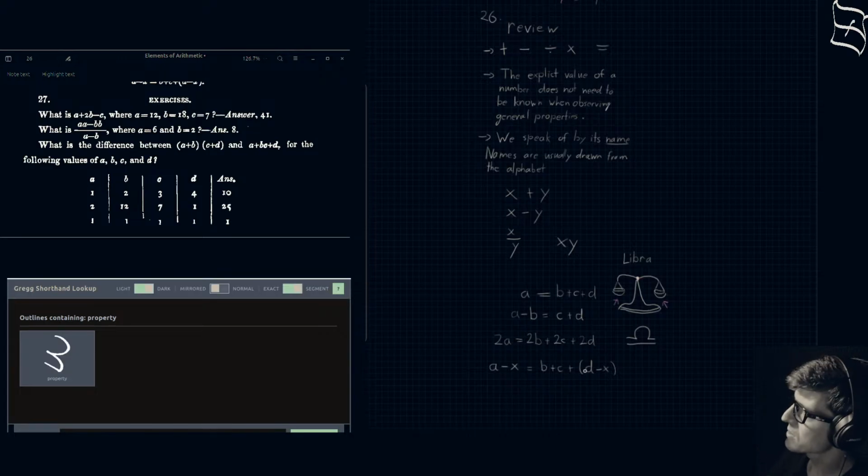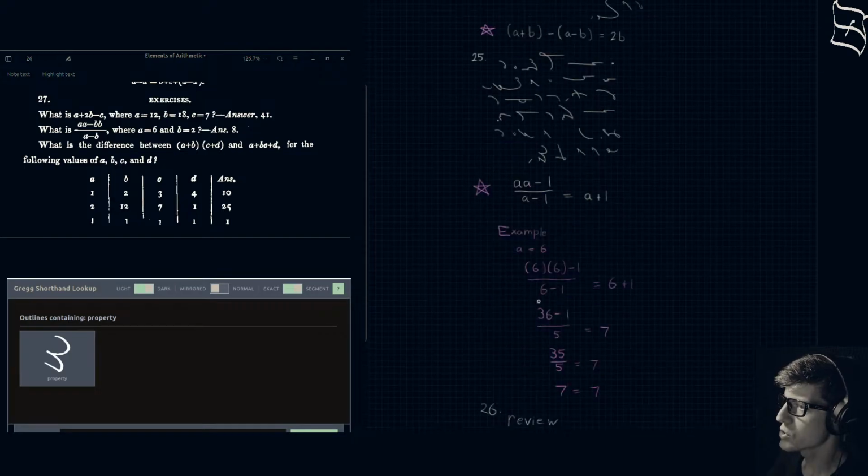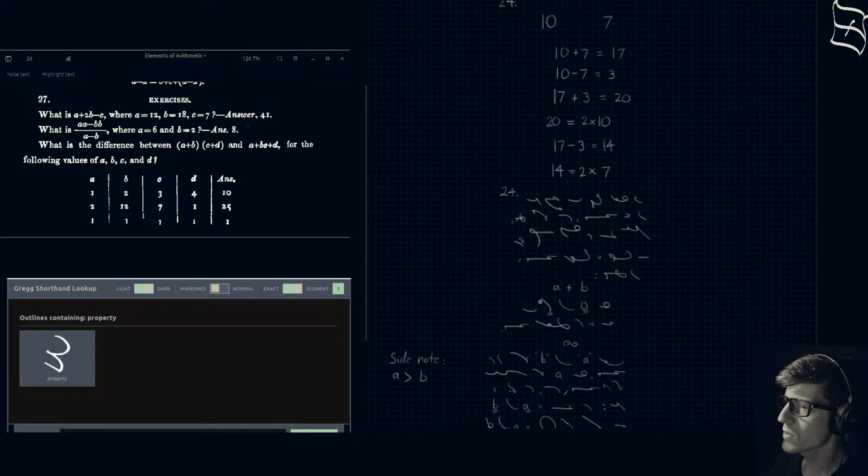Everything else in arithmetic, in algebra, in trigonometry, in any of the branches of mathematics, calculus, all of that boils down to the idea of balance. What you do on one side, you can do on the other side, okay? So super important, super important. So what did we cover?